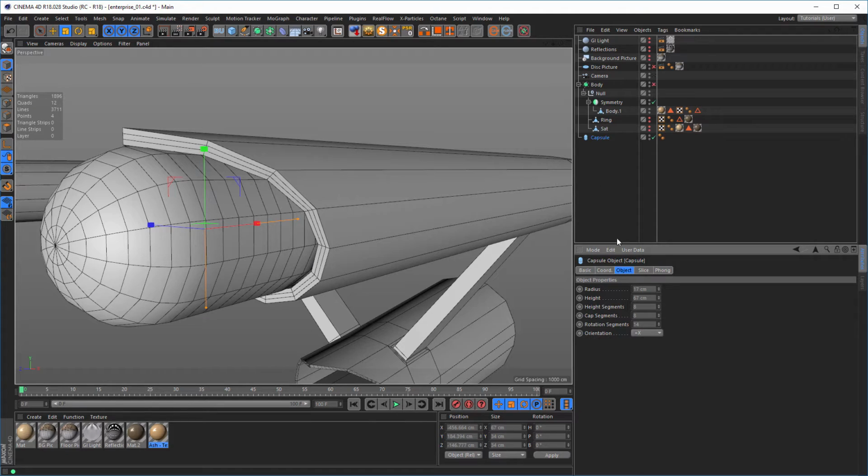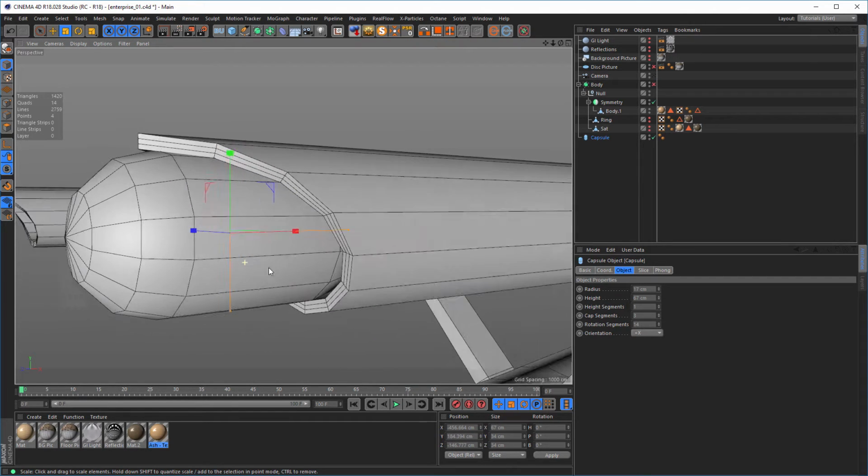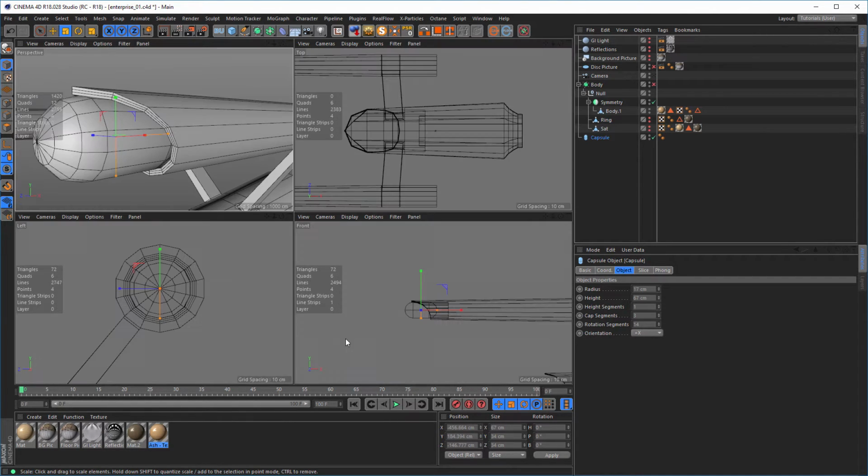Now I don't need many height segments on the capsule. We don't need as many cap segments too, normally. We put it in a subdivision surface, so okay. That's it. Now go in the side view